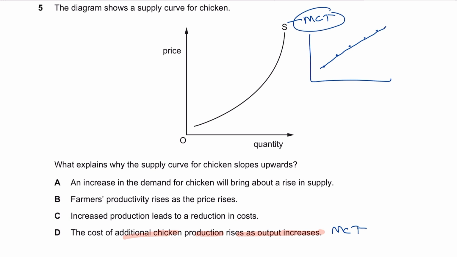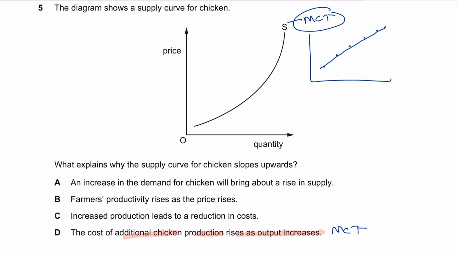Remember, the supply curve is the marginal cost curve, and as you produce an additional unit, the additional cost because of producing that additional unit goes up, and that is your marginal cost. Marginal cost is the extra cost incurred because of producing an extra unit of chicken, right? So because that extra cost of producing an extra unit of chicken is going up, definitely the price has to match the marginal cost, so that the producer can actually end up producing that unit, right? What is marginal cost? Marginal cost is basically the minimum price the producer would be